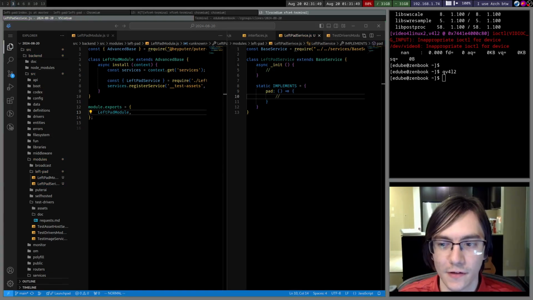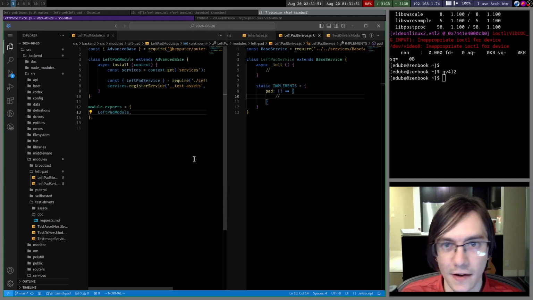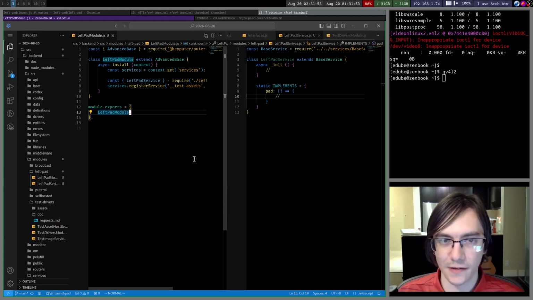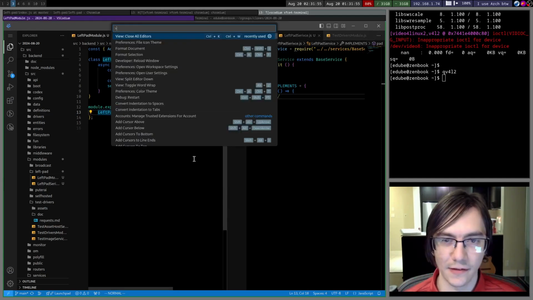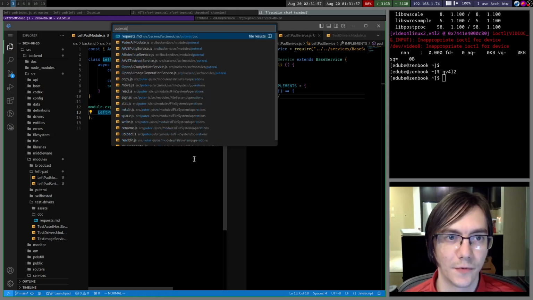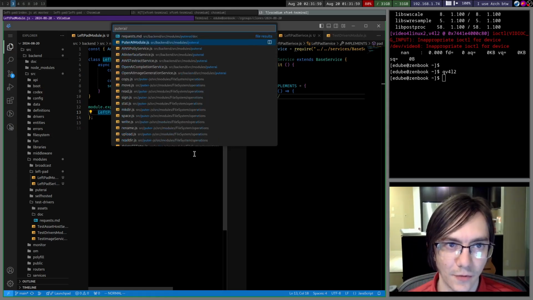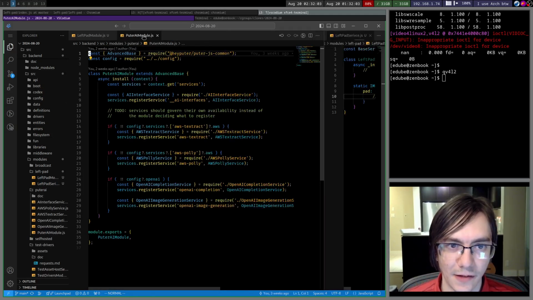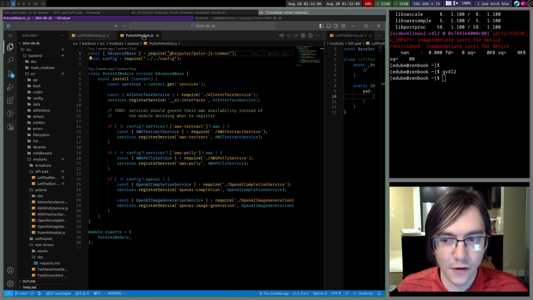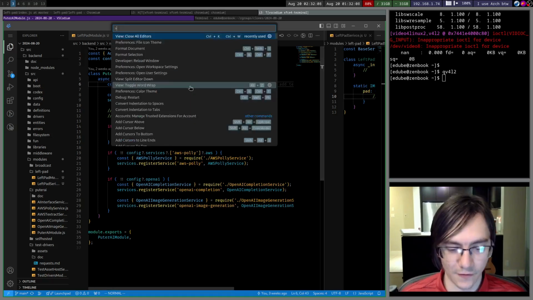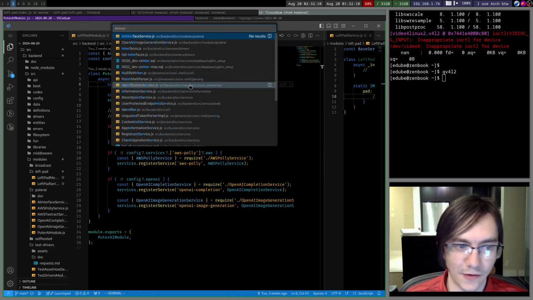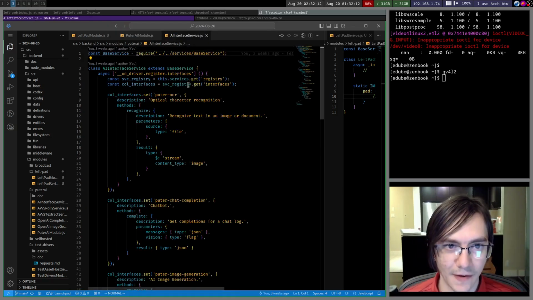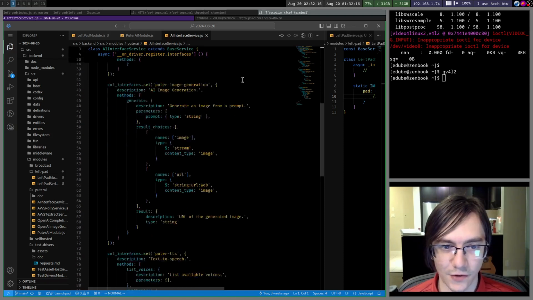Our service is also going to register an interface, and one place that I know we do that is in Pewter AI module. If I go to Pewter AI / Pewter AI module, we'll see that the first thing it does is register a service called AI interface service. An AI interface service, which is in the same directory, has at the very top, actually the only thing it does is register